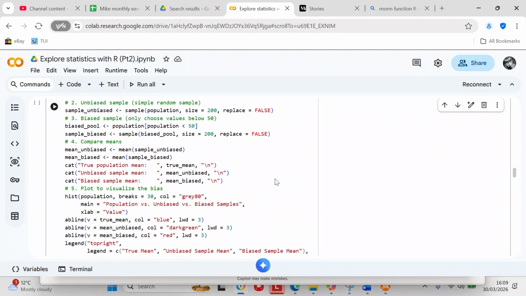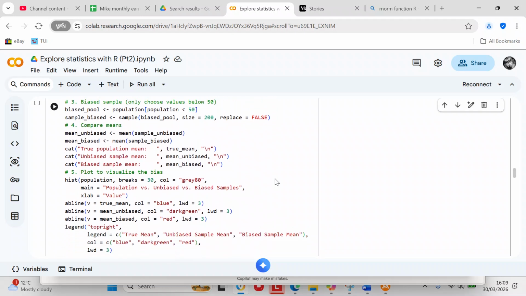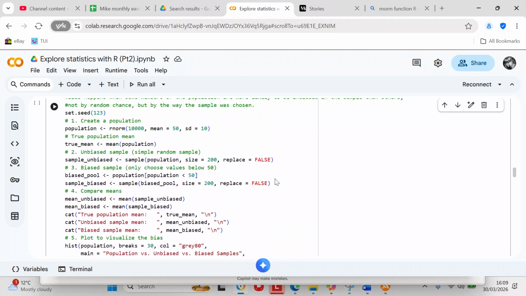See what it takes. It takes 200 samples, the size of a population, and then without replacement. And then the biased sample, it says 200 samples of the biased pool without replacement. So your